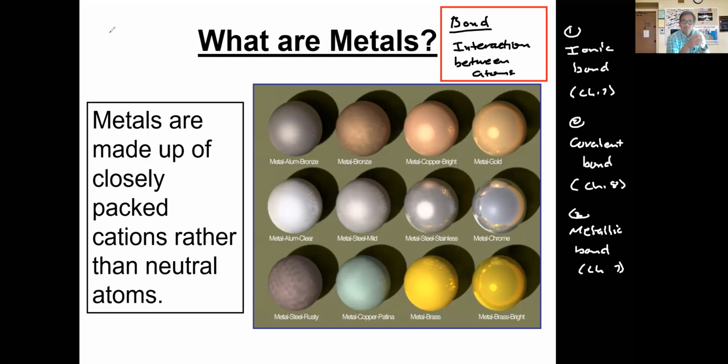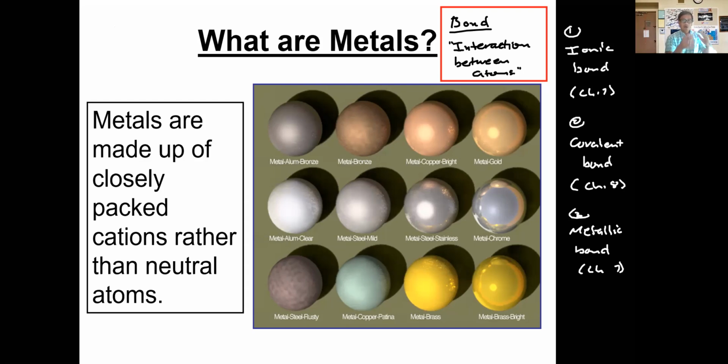With that said, I want to refer you to this idea that the bond holds atoms together. And if a bond holds atoms together, it's going to take energy to break it apart. That's why ionic compounds have such a high melting point, because it takes a lot of energy to break that interaction. What we need to keep in mind is that when we talk about bonding, we are talking about the interactions between atoms.